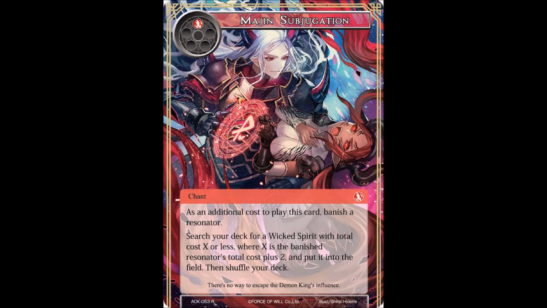So a very interesting way to get Wicked Spirits into the field. I can see this is a good way to ramp up and get higher cost Resonators into your field quite quickly. Say you just played a measly little small 1-drop Wicked Spirit or Resonator in the beginning, and then the next turn you can use this to banish that Resonator, then you can get a 3-cost or whatever on turn 2, just depending on which one you do. So I can see this as being a good way to ramp into these higher cost